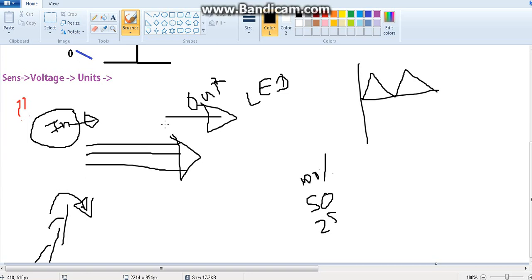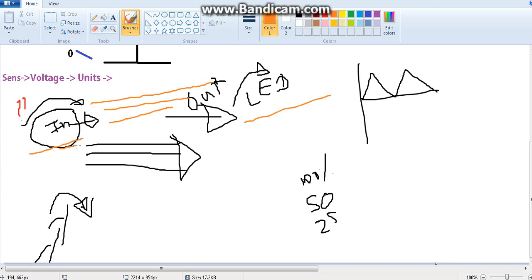The user can rotate something that can give an analog input, an analog switch or something, and the LED's brightness increases according to that and decreases according to that. So the switch and LED look like they are connected to the user. He will feel like, oh, the LED is working according to the switch. Like how you increase the volume of your radio. If you have the old time radios, there's a volume button, right? If you rotate the volume button one side, according to that rotation amount, the volume will increase. If you rotate the volume button the other way around, according to the level of rotation on that side, the volume will decrease.